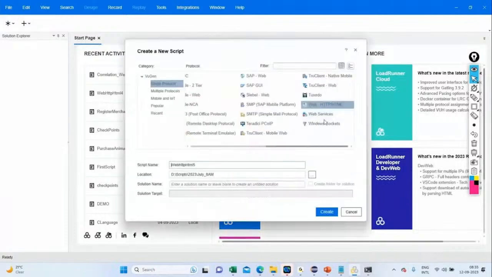Here you have various protocols. Because we are dealing with a web application, I have to choose the web HTTP HTML protocol here. We will discuss what a protocol is in the day after tomorrow's session. Why we have to choose this: because we are dealing with a web application, which runs on HTTP or HTTPS, so you have to use